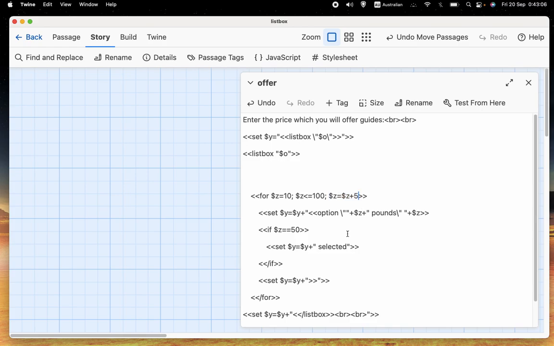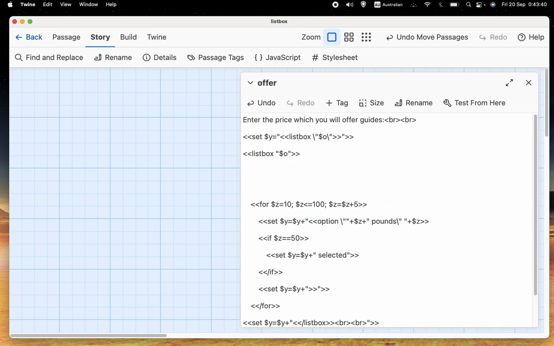Normally when we have a for loop, the last thing you'd have would be plus plus, or $z plus plus, or $y or $x, whatever it was, meaning that it goes up by 1. But in this case, I thought it was a bit excessive to have every single number from 10 to 100. And if we were going to have that, we might as well just have a number box and let the player type it in rather than choosing from a list. So we go up by increments of 5,